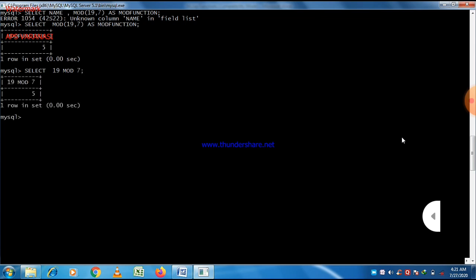This is the second option by which we can implement the modular division operator. You can easily see that the answer is the same. So just write the first number, after that write mod and then 7, and this is the third method, 19 modular division 7. So use of the modular division operator here, and the answer is again the same.